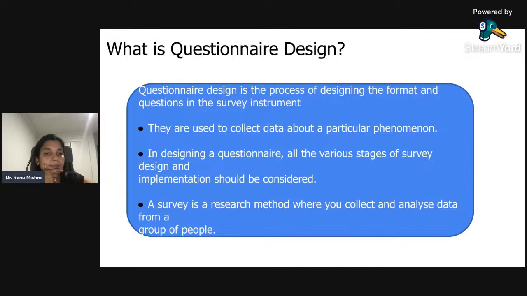How will you design the questionnaire? What will be the structure of the questionnaire? Whether you want to go for open ended or close ended. A survey is also the same method of research, which is used to collect data from a group of